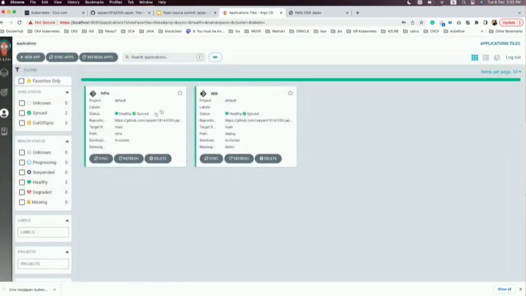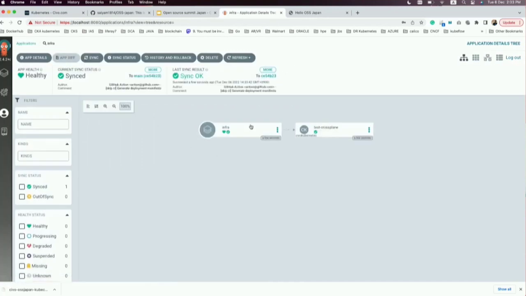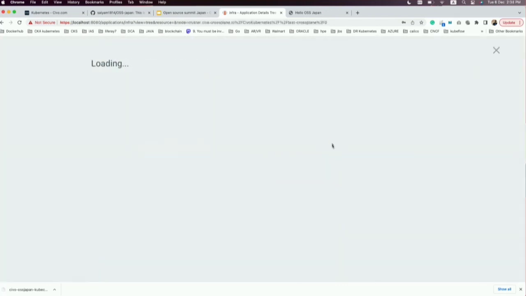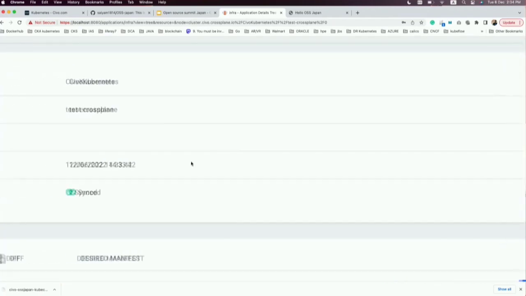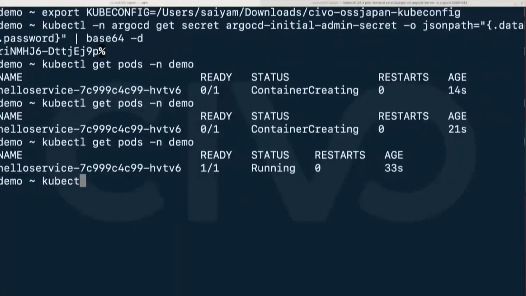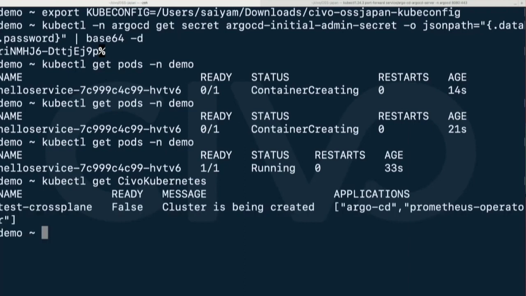So you can see it also synced pretty fast, and you can see it already deployed. So that's again a very fancy thing, like in this you can see the connections. So this particular application that we have defined will create resources, and you can see how many in the Argo CD UI itself. So you have test Crossplane which is there, which is deployed, and you can see the custom resource that it deployed. So we can actually see kubectl get co Kubernetes, and we will see that it is being created. So it says that the cluster is being created with the applications Argo CD and Prometheus operator,